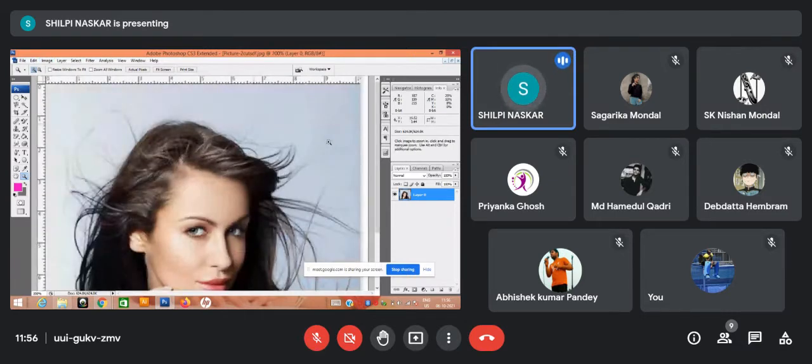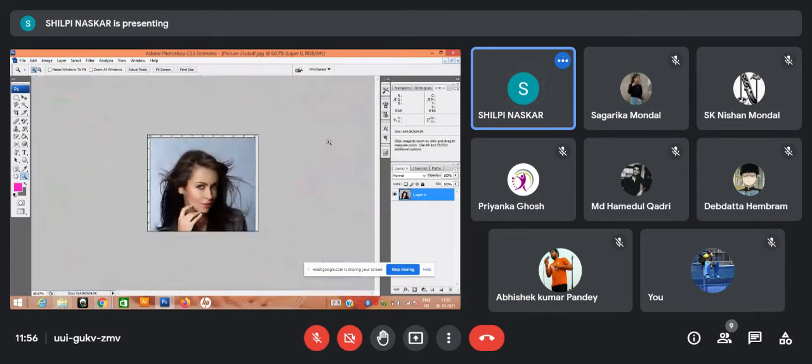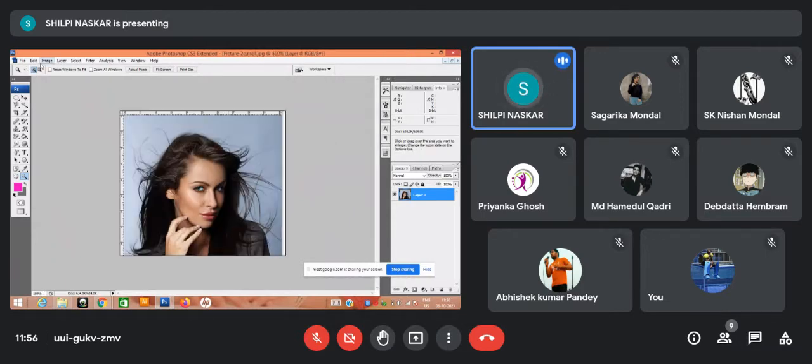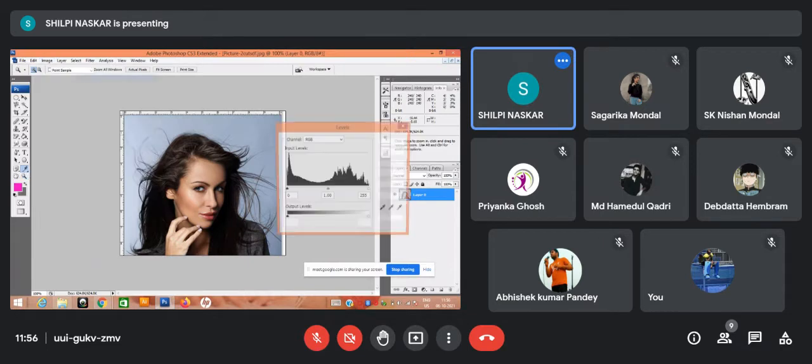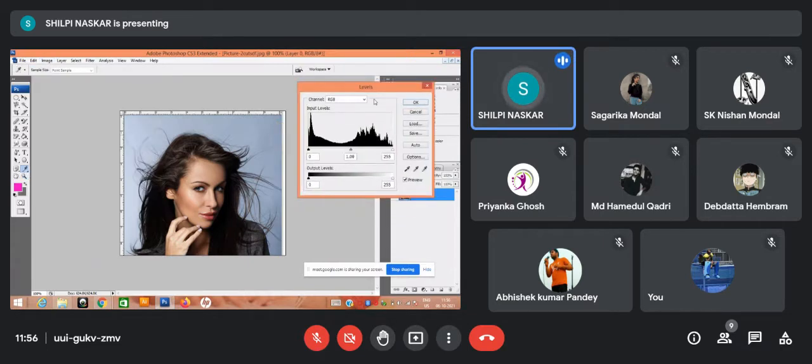Okay, now talking about control Z. So this was like this. This is already edited, so I'm not doing anything over it. Now going to the individual adjustment tools. Say levels. I'm going one by one. You can use it on different channels, and you can use it on the overall image also.